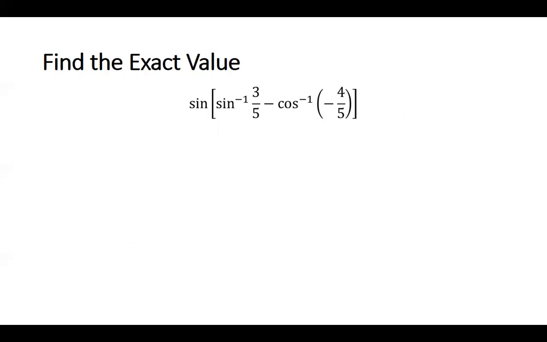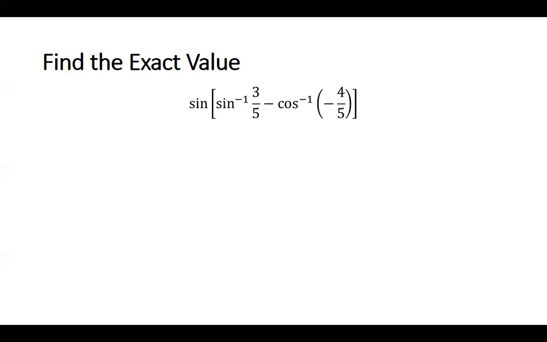Okay, so now let's go into inverse functions and use that a little bit here. So this is the same thing. We're just bringing a little more back into it, some other things that we've used. We're looking for the sine of the inverse sine of 3/5 minus the inverse cosine of -4/5. Now, it may look more complicated here, but really we have the sine of alpha minus beta,